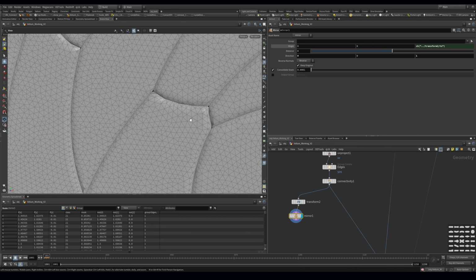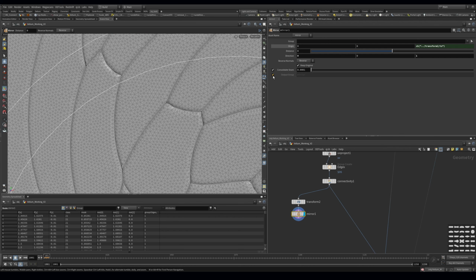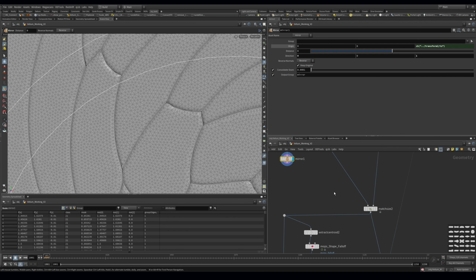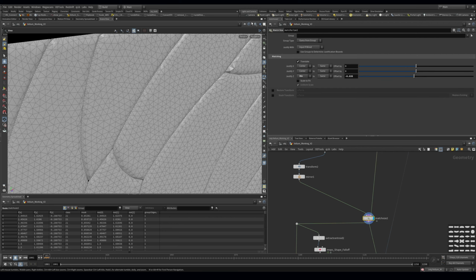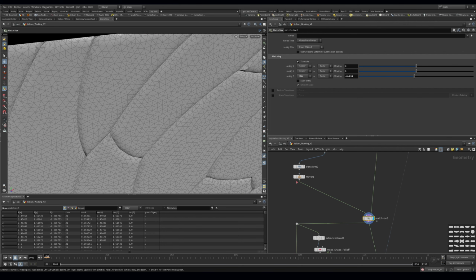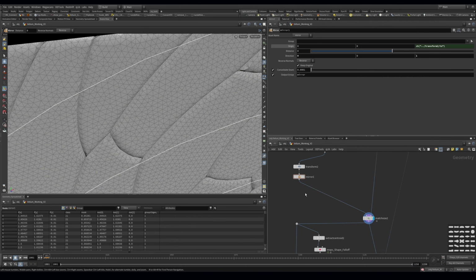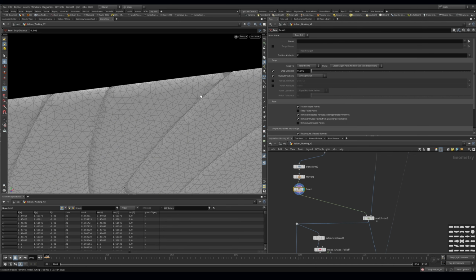The next thing I want to do is I want to make sure that I'm outputting this mirror group, and we're going to use that in the Vellum. Pipe that in here. Now everything is moving in the right place, and I have this geometry, but these pieces are now separate. So we need to make sure that we're fusing these pieces together. So we get this nice fuse,